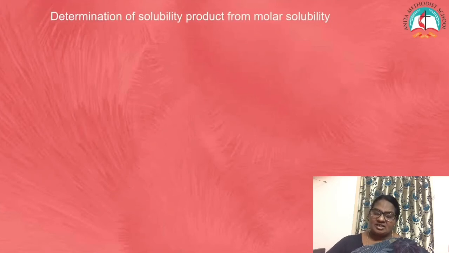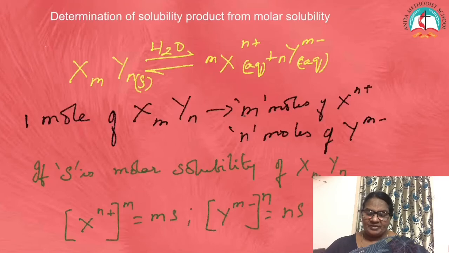Now let us determine the solubility product from molar solubility. As usual, we have the salt XY. When I dissolve it in water, I get m moles of X and n moles of Y. So here it means when I dissolve 1 mole of XY, I get m moles of X to the power n plus and n moles of Y to the power m minus. Now let us take S to be the molar solubility. Then the concentration is given by